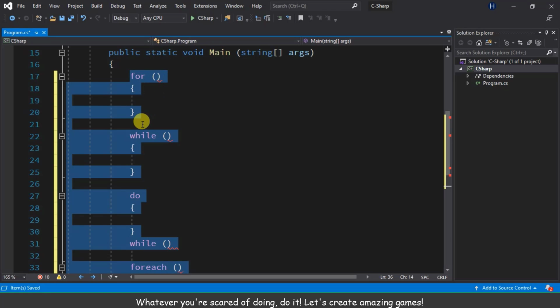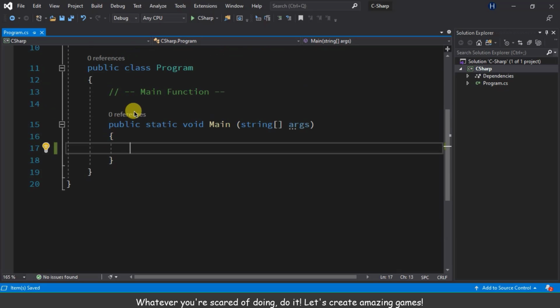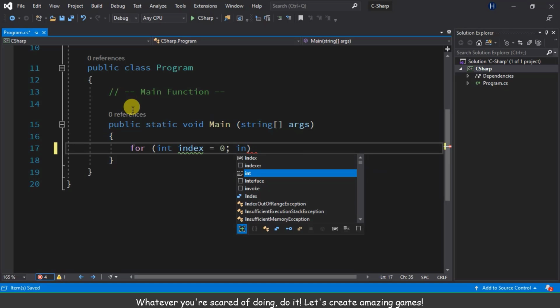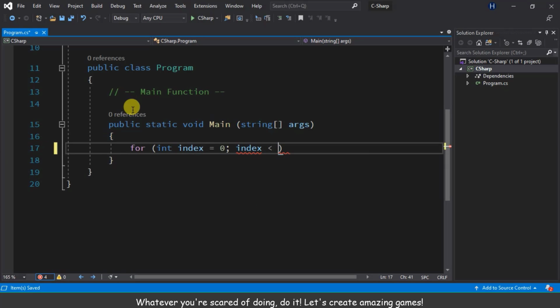So let us understand them one by one. First of all, let's see what for loops are. Let's write for, and then the round brackets, and inside here we write the condition. But first, we need to pass in the key. For example, if we declare a new variable like int i equals 0, or maybe index, if you want that name to be more precise, more understandable, then index equals 0, until index is less than maybe 5, and this is the condition,